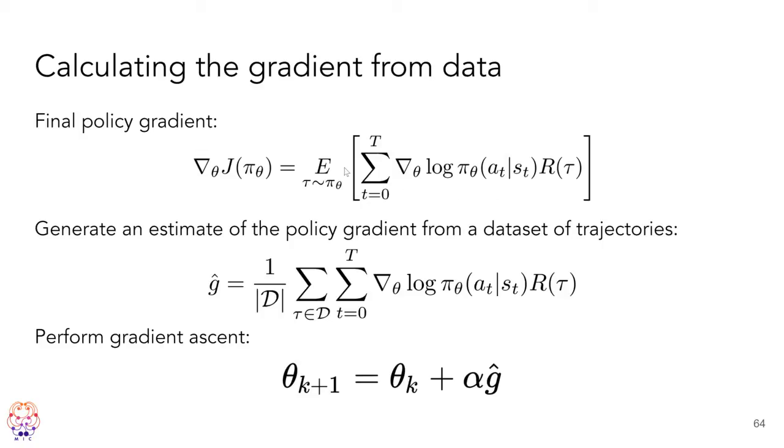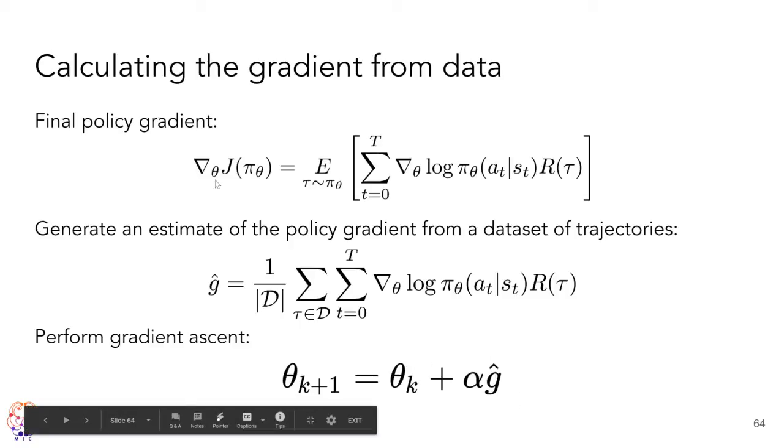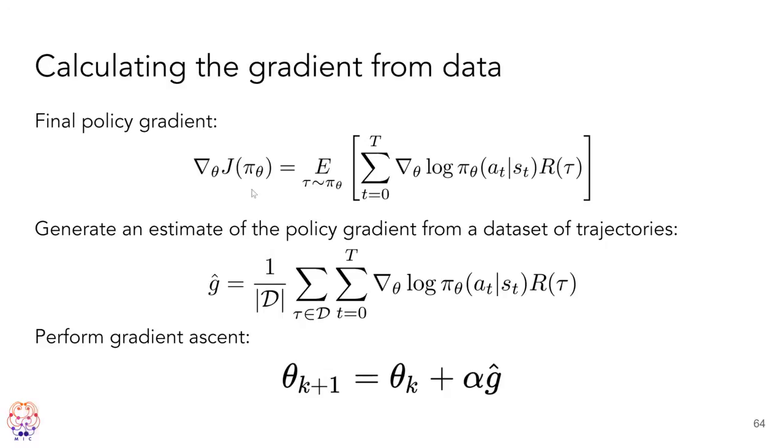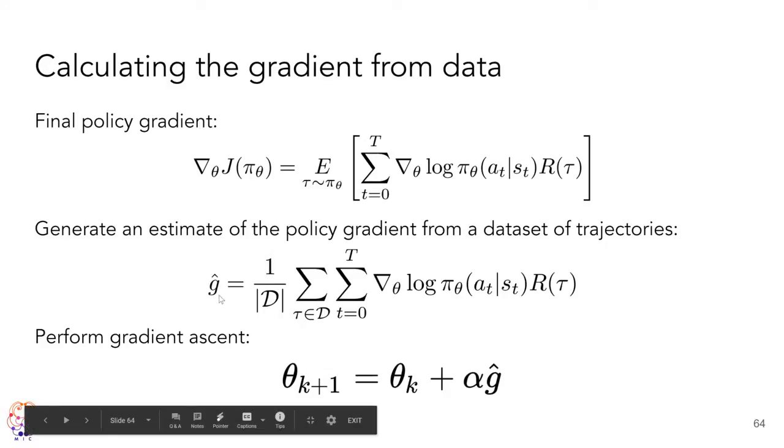So this is the final policy gradient. Basically, we want to gather our data, so instead we collect an estimate of this thing here. We take an estimate of the gradient because we're doing gradient ascent, and we use this formula to calculate that estimate, and we use that estimate to compute backpropagation. As you can see, instead of taking the gradient of the performance function right here, we take the estimate and put it there instead.